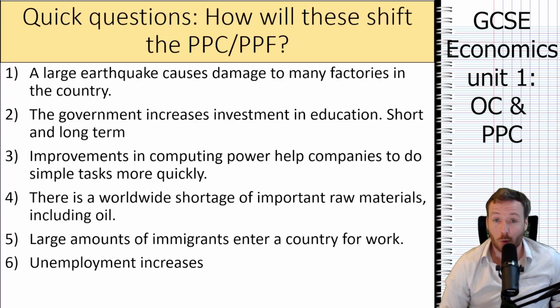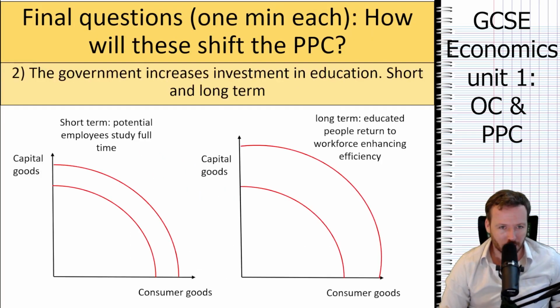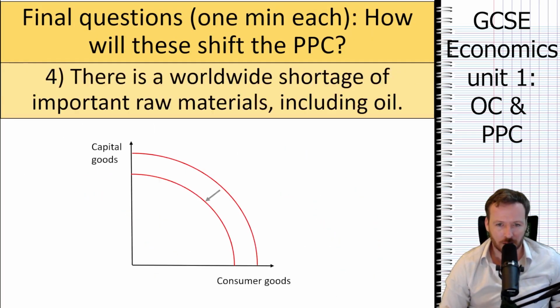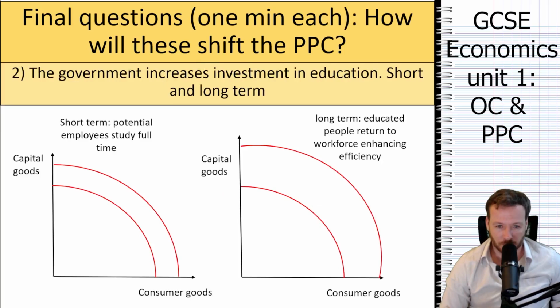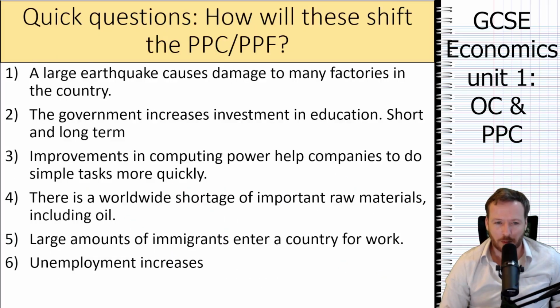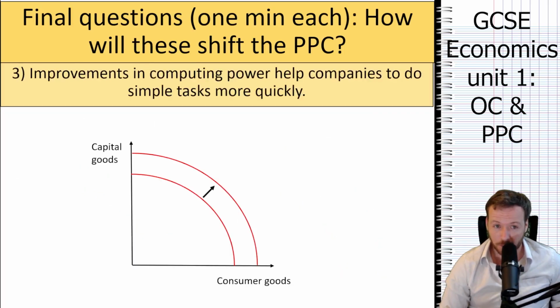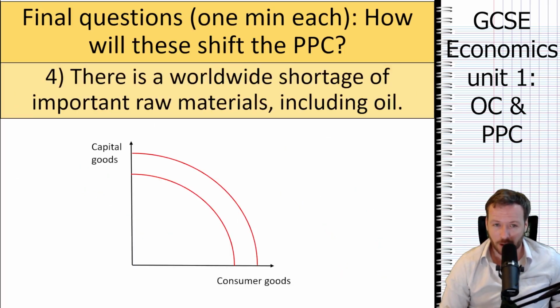Next, a worldwide shortage of imported raw materials, including oil. Businesses need oil to operate. So the curve is going to shift in. And then 5, large amounts of immigrants. We've got a greater degree of people working in the country. So the curve's going to shift out. And finally,